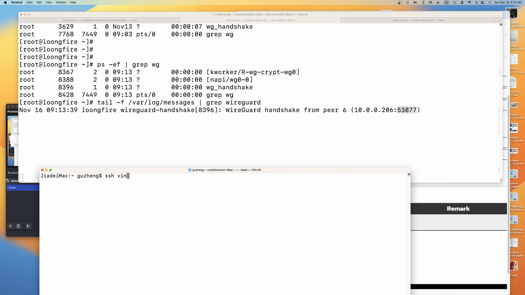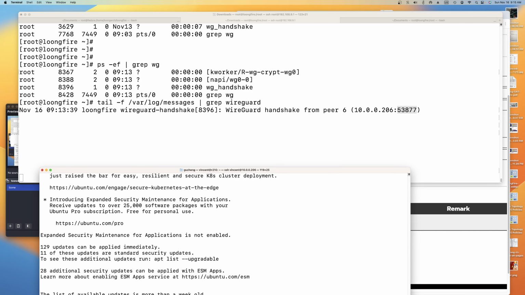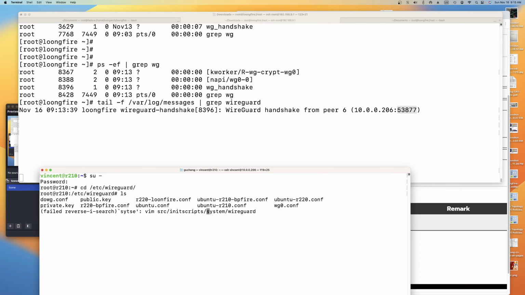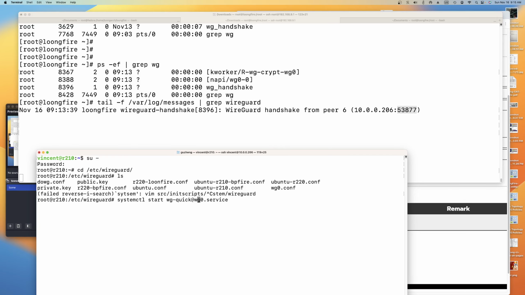And this SSH means, so this is my WireGuard client or peer. systemctl. So this is my WireGuard client, right? So I'm going to stop the WireGuard client,